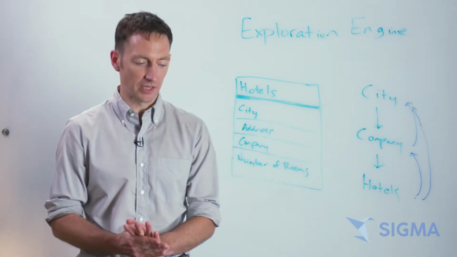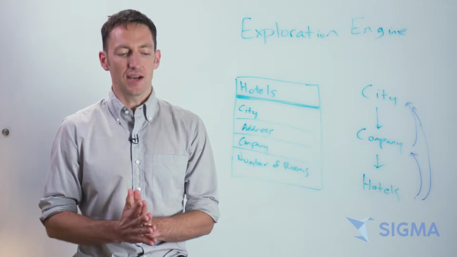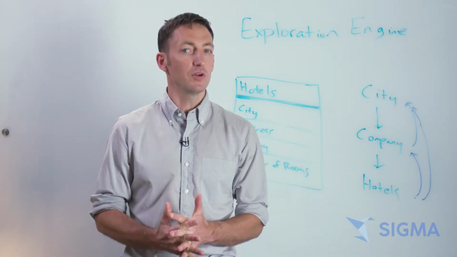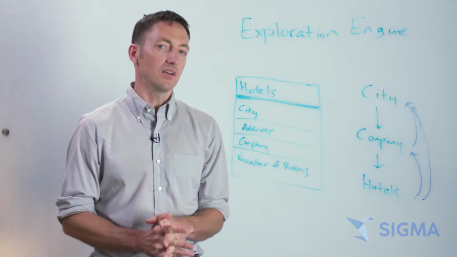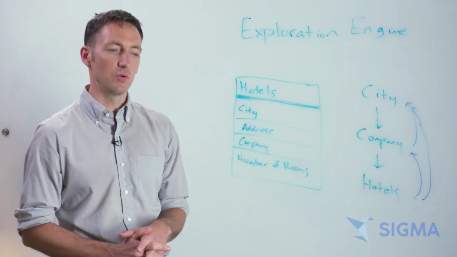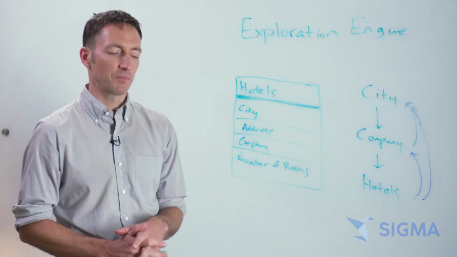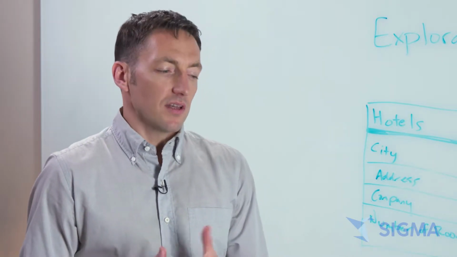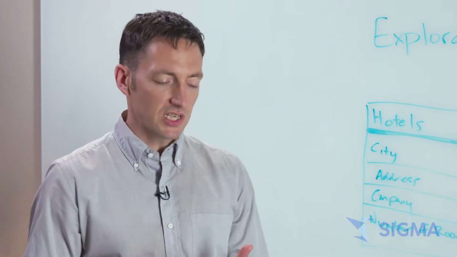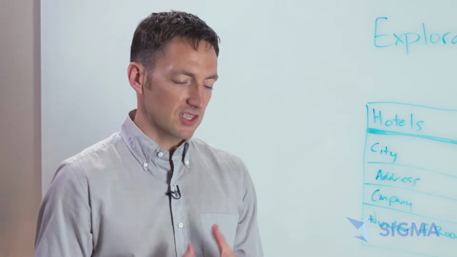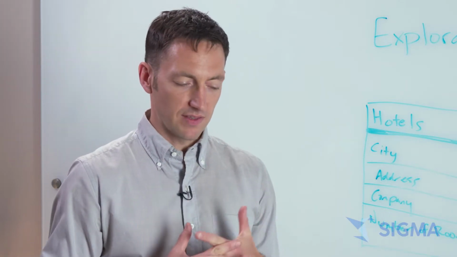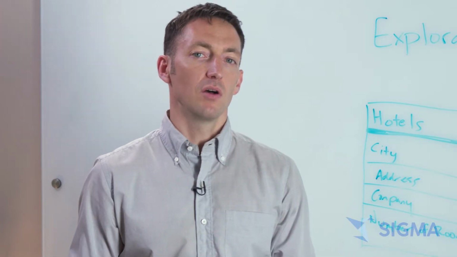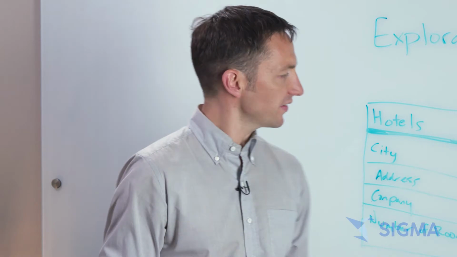So when we started building Sigma, we had several goals in mind. One was that we wanted to make it very accessible, so that people who knew Excel could build maybe 99% of what someone who was a skilled SQL developer could do. But another thing we wanted to do was to make it so that even someone like me, who knows SQL well, could do things quicker, easier, and more reliably than I could do by hand.